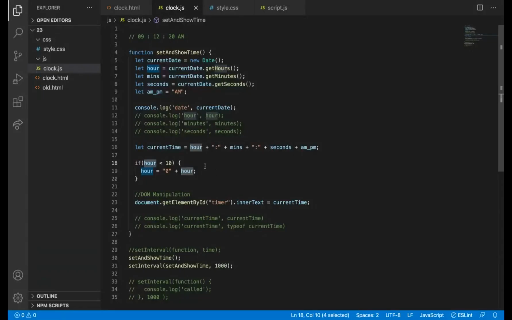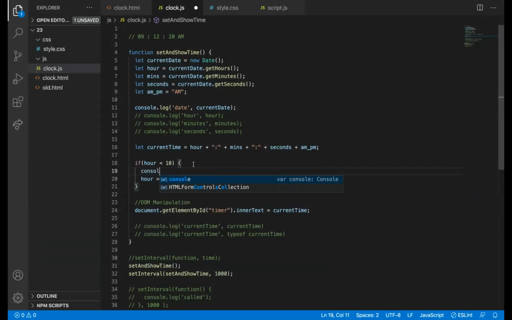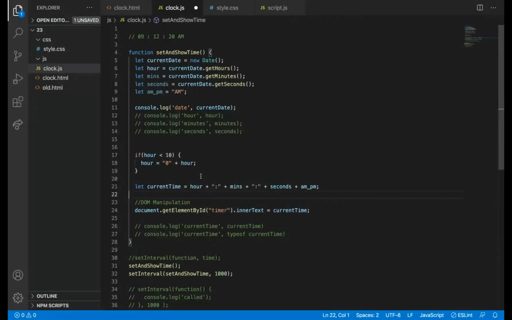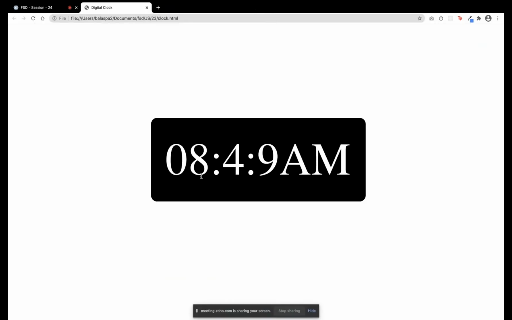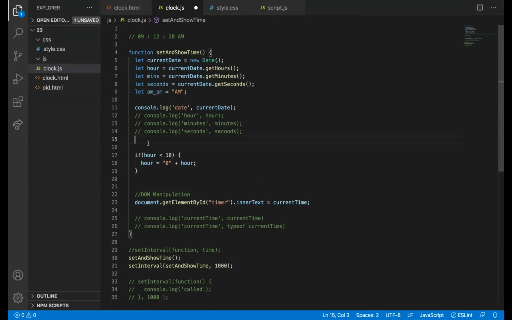Why is it not working? Okay. Why it is not coming is, this line should be below this. Previously it was not coming because it was here.